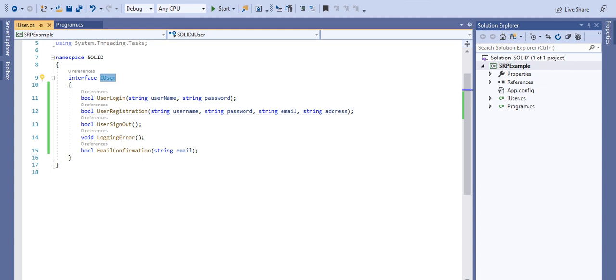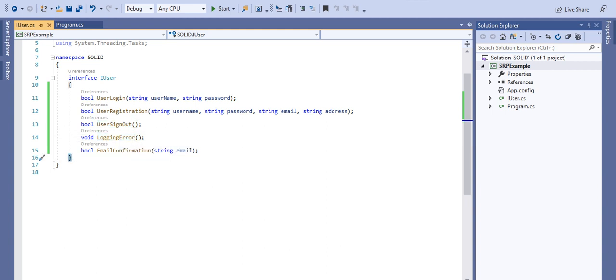But day by day, if we keep increasing the interface methods, it will be very difficult for testing and maintainability. If I create a class that needs to inherit IUser, our responsibility will be to define all the methods. And when doing some operation only for the user, the user is worried about the login, the registration and the sign out. He doesn't worry about the logging error and email confirmation.